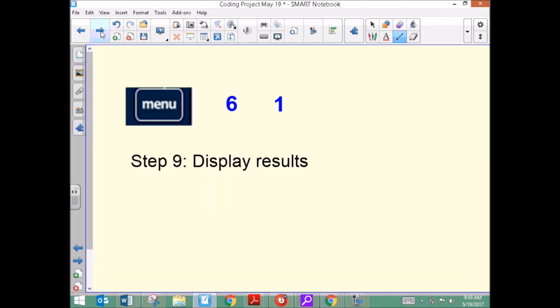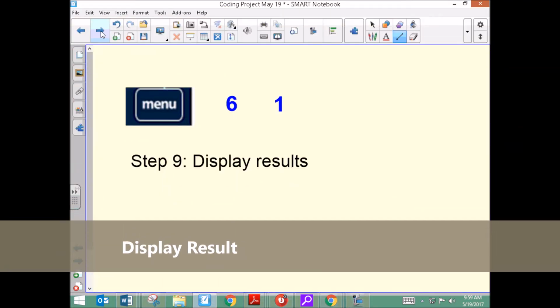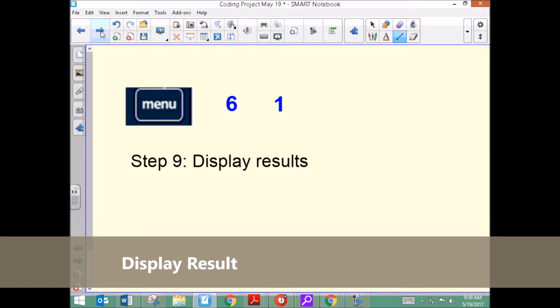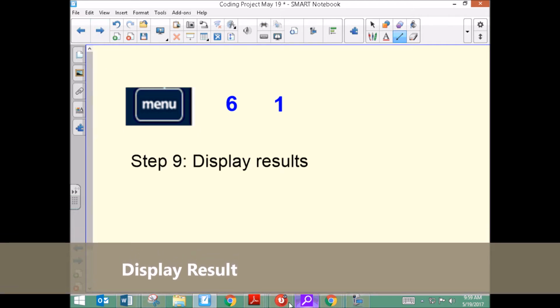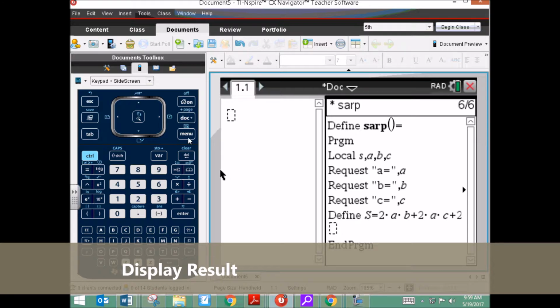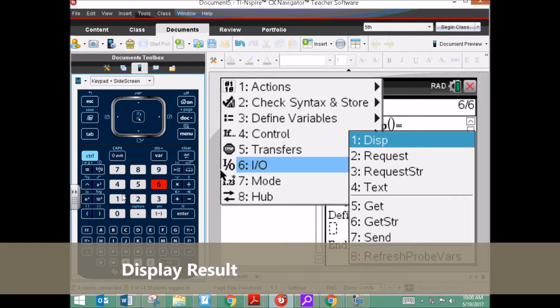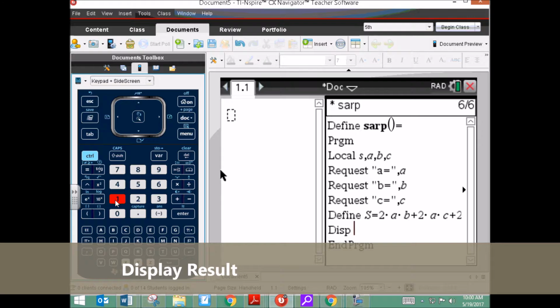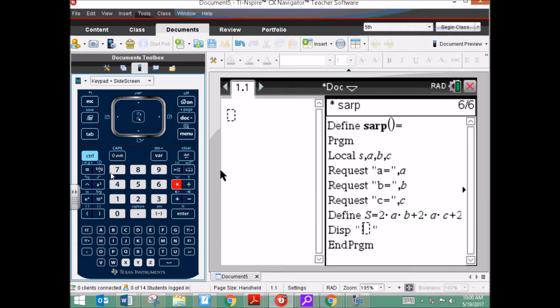Okay. Step 9. Let's put our display results. Menu 6, 1. So let's go back and put menu 6, 1. And what we want the calculator to say, well, we need our quotes again, control, multiplication, and we want to type, I want a capital T, shift T, then the surface area, because that's what it is,